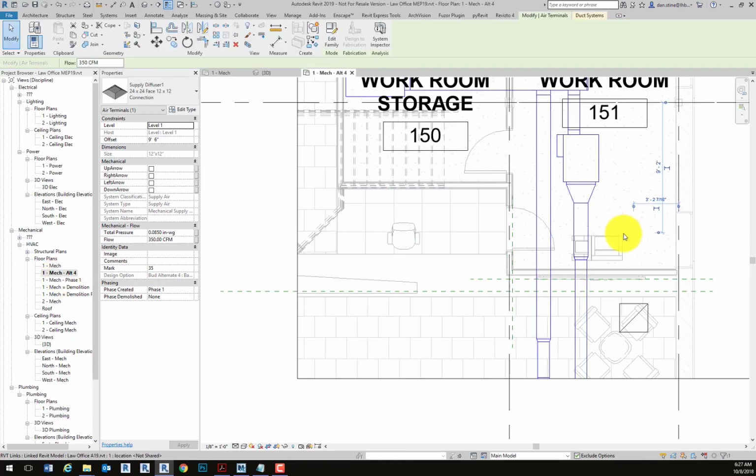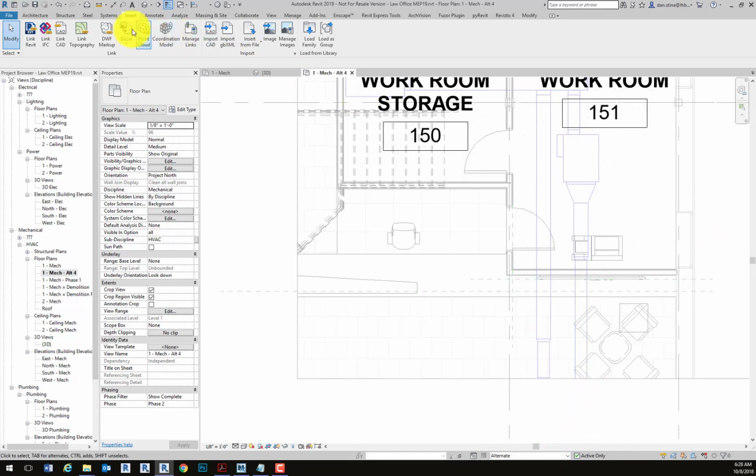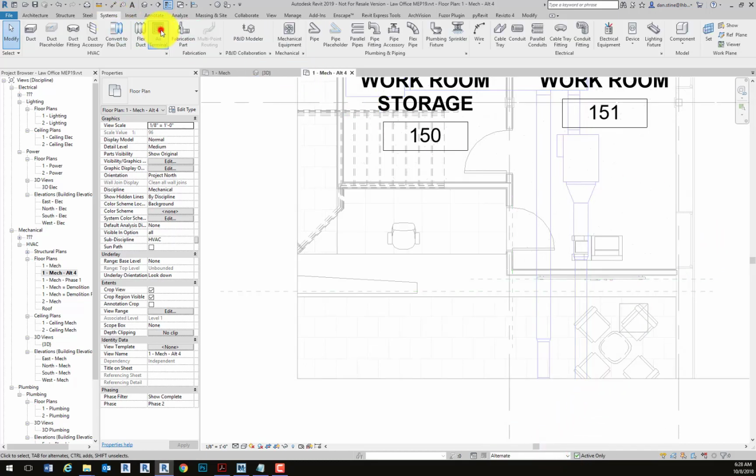Now if we go to the alternate view, we can see that that air terminal and takeoff are not showing up because only elements in the secondary design option show up in this view. So to add